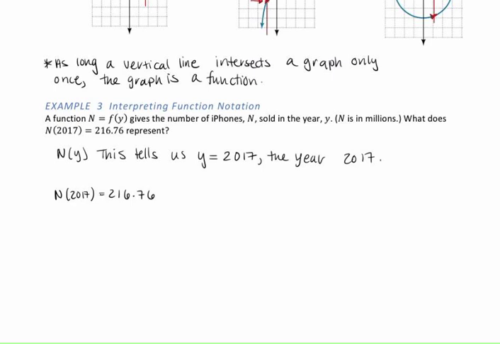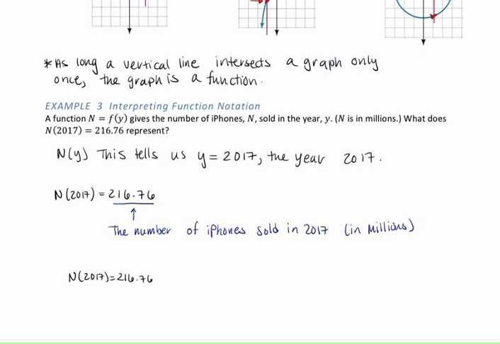So this value here is the number of iPhones sold in 2017 in millions. Putting this all together, we have n of 2017 equals 216.76